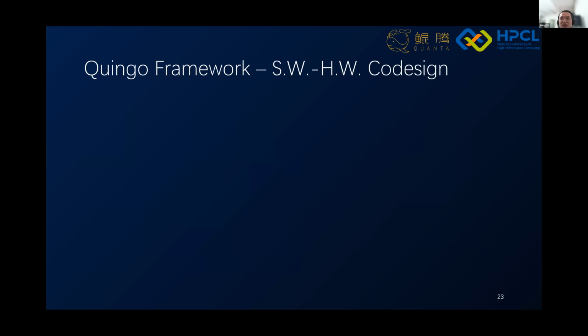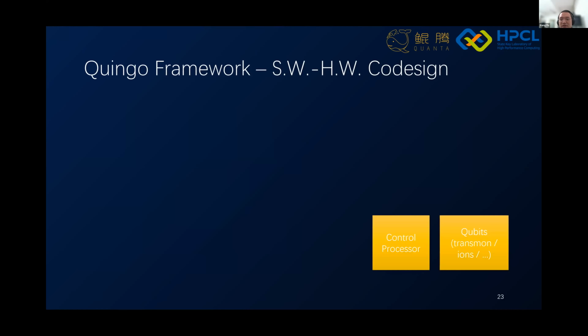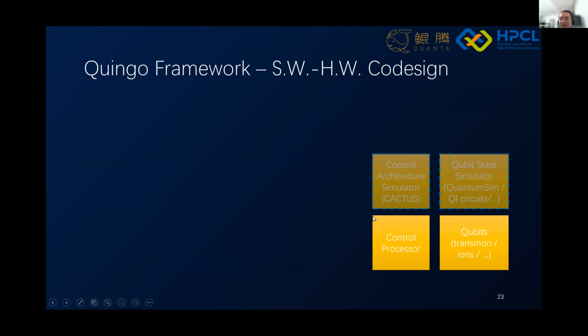So the Quingo framework looks like this. First, qubits are controlled by some control electronics. Here I denote it using quantum control processor to show that this is controlled by instructions. And if we don't have the hardware here, we can actually use software to simulate it.